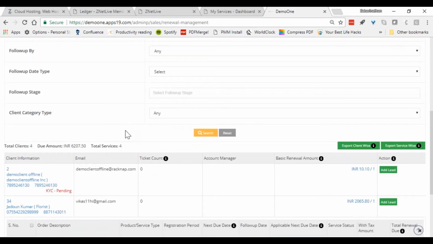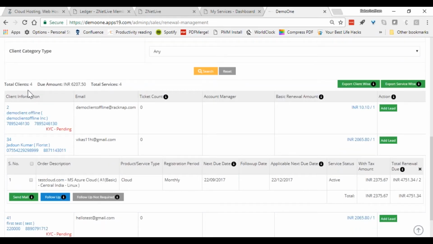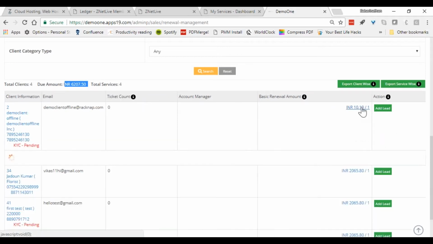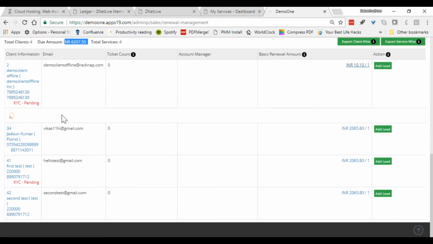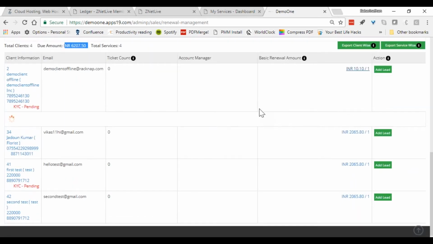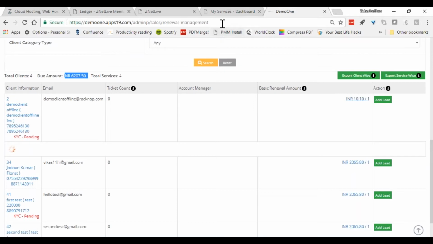So when you click on search, this is basically the result which comes up. For example, there are 4 customers who have 4 services due for renewal for this particular amount, right? And if you want to look at the individual services, you click on them and it will show you the full details, and you can communicate with the customer with the details of what you saw here.